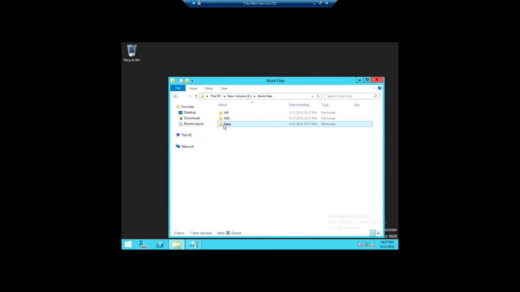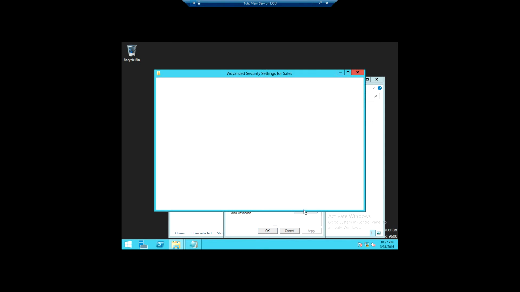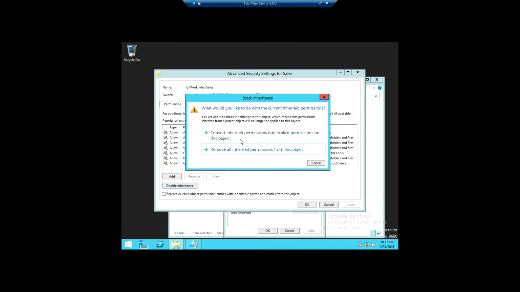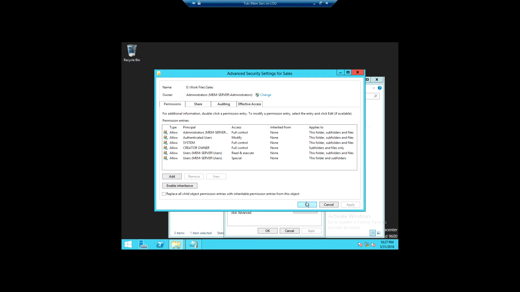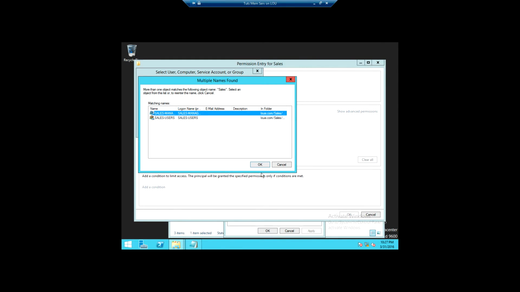So we do it, finally we do it for sales also. So properties, then we have security, advanced, disable inheritance, convert, apply, now remove, then add, select principal, sales, check names, sales manager, okay,